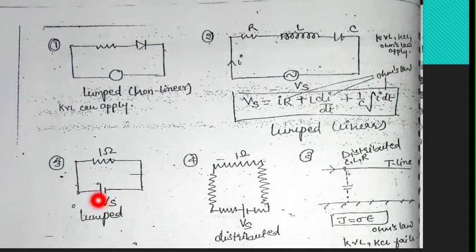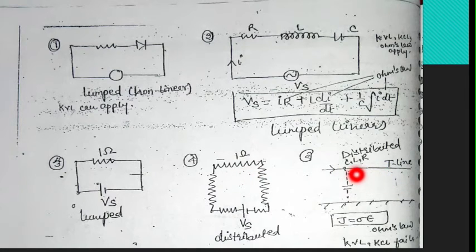So this is also a lumped network, one voltage source and one resistance connected. So this is also a network, but here see all the resistance is equally distributed on the network, so it is not a lumped network, it is a distributed network. So here Ohm's law, KCL and KVL are not going to be implemented. Okay, or this is the transmission line.